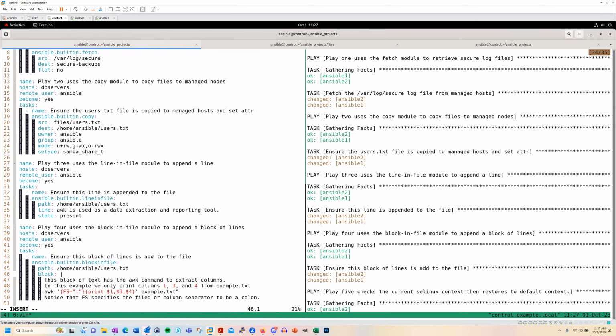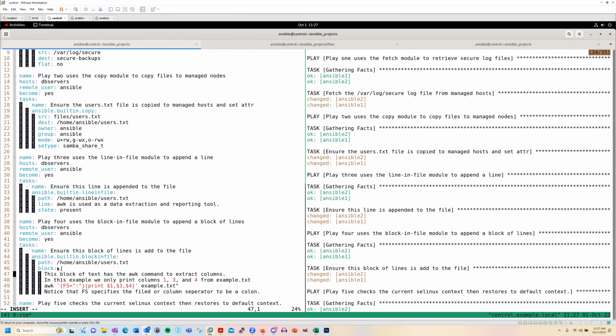We're pointing to the same file. And here's the block. You need to start it with the pipe sign, and then you can add as many lines as you want to. So I'm saying this block of text has the awk command to extract columns, the one that I was talking to you about. And here's the syntax for it,